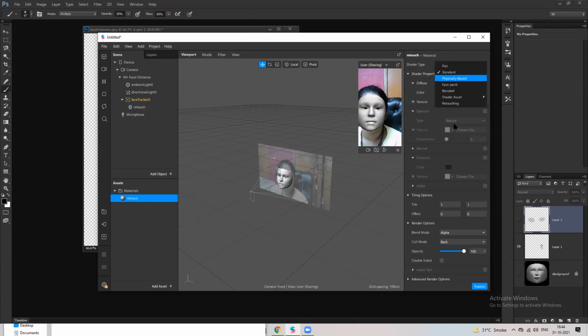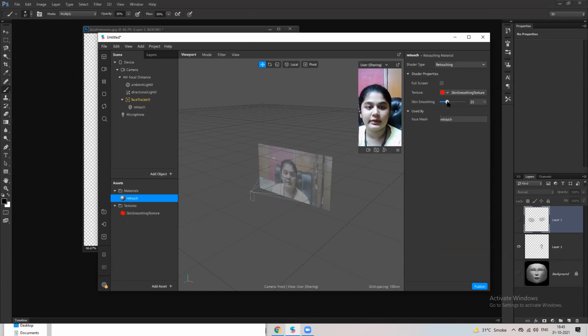And retouch, I don't want it to be full screen. I want it to be like 32%. So this is retouch. Now let's say I want to use a LUT. Have you guys used LUTs? Lookup tables? Yes, ma'am. Okay. So you can make your own LUTs in Photoshop as well.